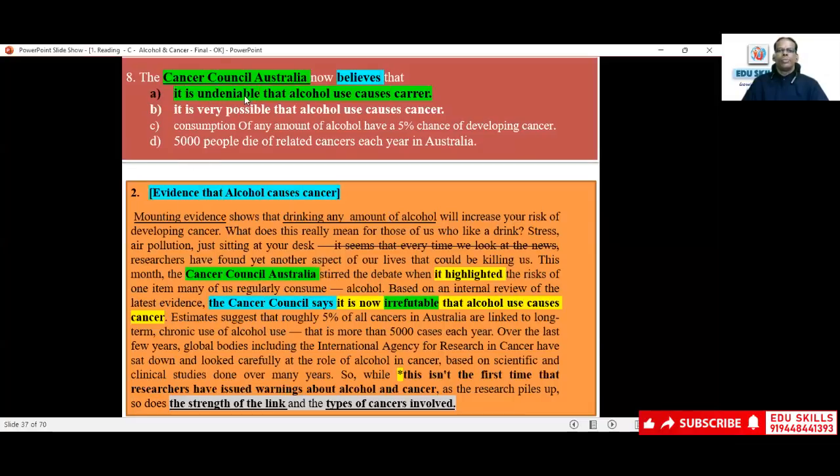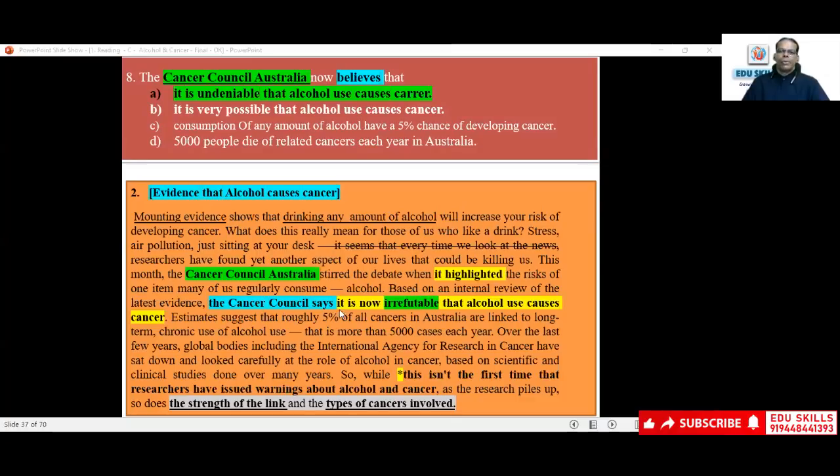The synonym is being used. Undeniable, irrefutable is the synonym. It is irrefutable that alcohol use causes cancer. So it is not at all believable, or it's not an established fact that alcohol...